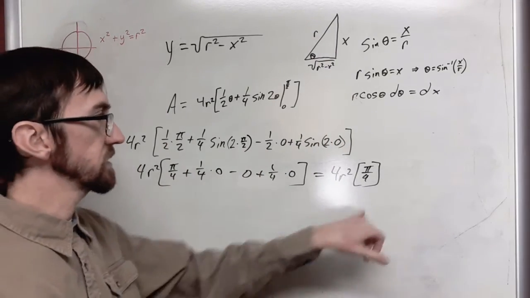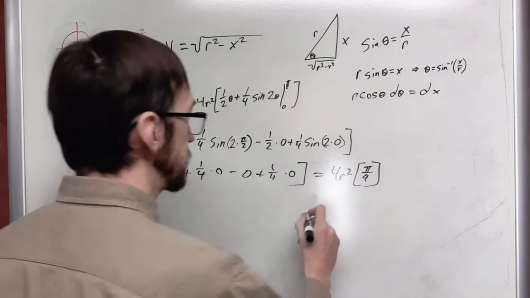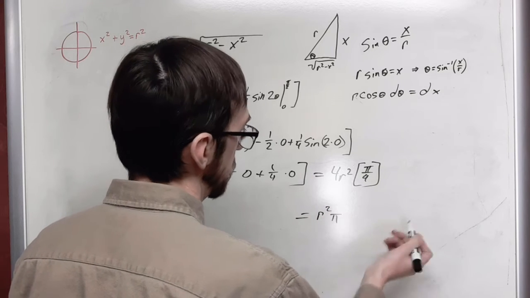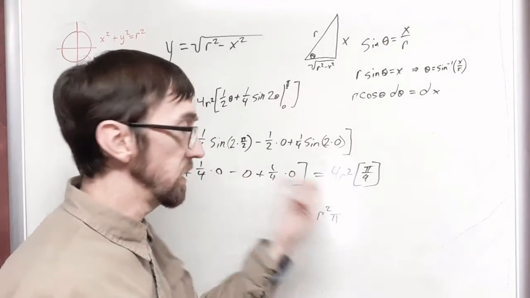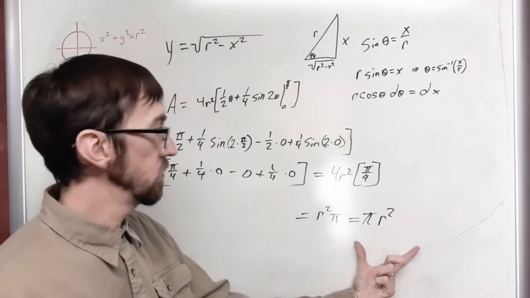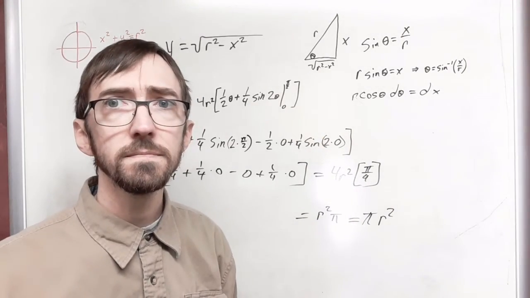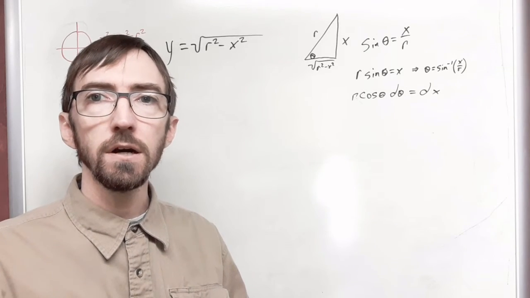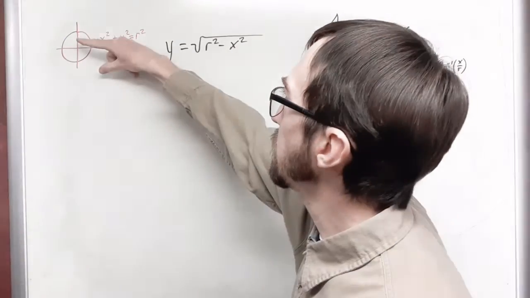So this in the brackets is simplifying to pi fourths. 4r squared times pi fourths is going to give us r squared pi, because the 4's are canceling, and you've probably memorized this as pi r squared. And so the area of this circle is pi r squared. Now that we have established what the area of a circle is, we can take our model here and rotate